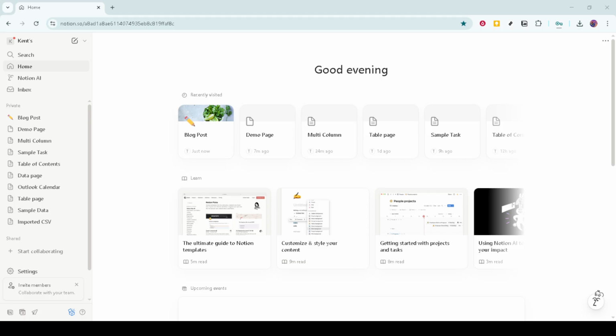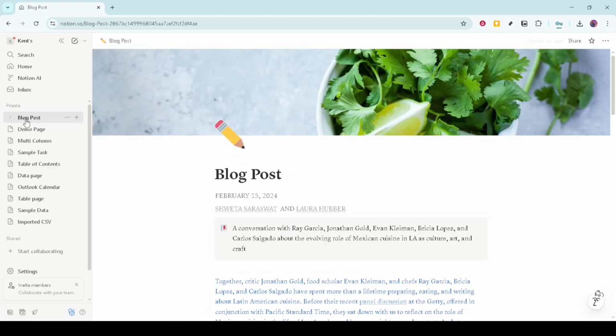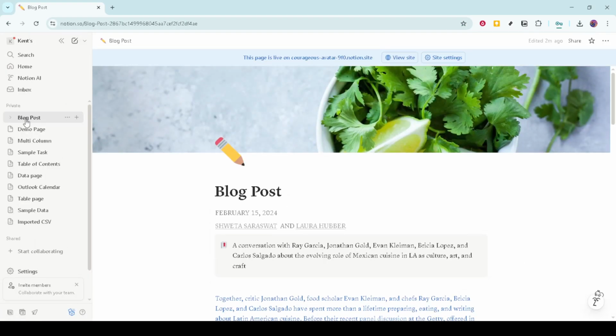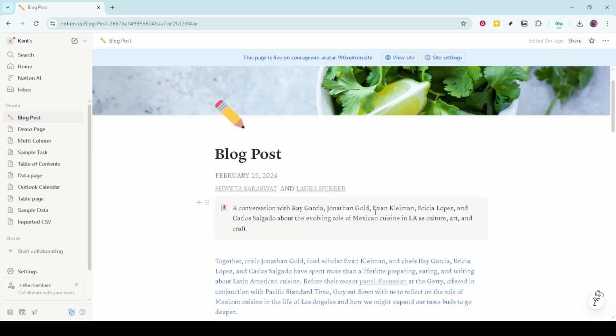Once you've logged in, find the page you wish to protect. If you don't have the page open yet, simply click on the desired page on the left sidebar of your Notion workspace. It's important to ensure you're on the right page because this is where you'll be setting your password